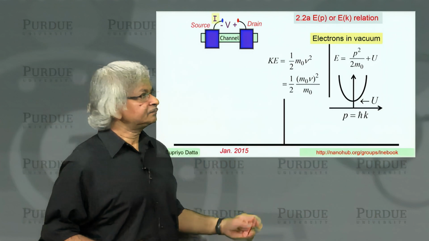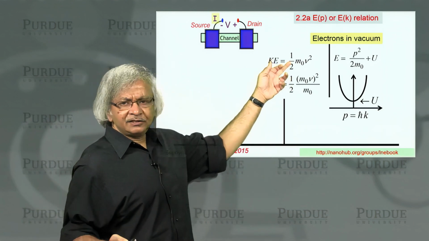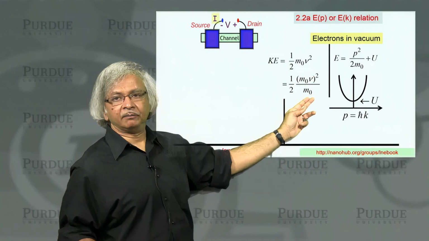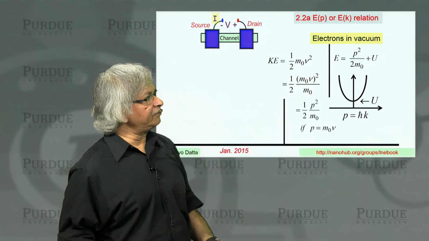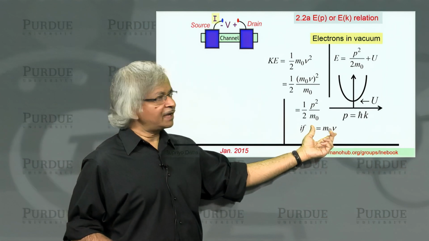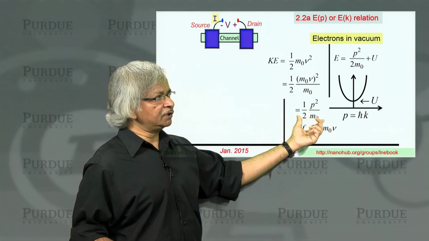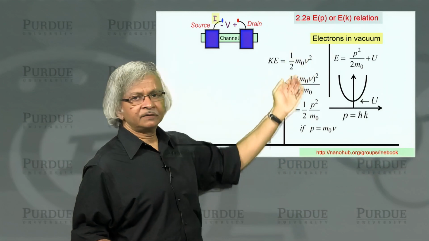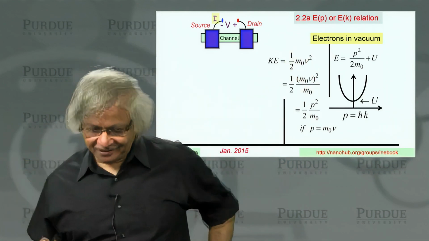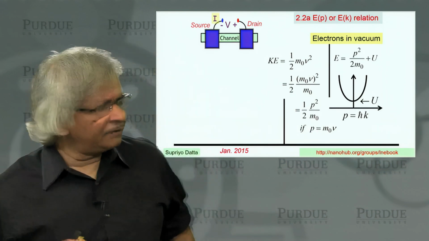You could write that just algebraically as (mv) whole squared divided by 2m. And then we know that momentum is m times v, and so it becomes p squared over 2m, like I've written there. So those look equivalent, but one point I wanted to stress is that they're equivalent only